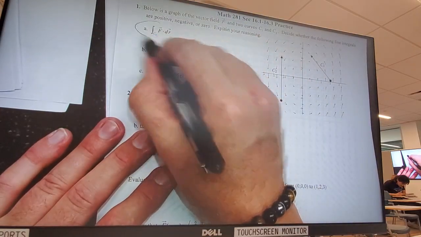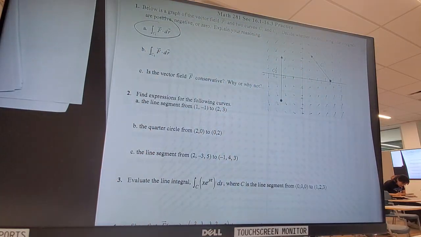Don't say anything. I think we've done enough that you guys know the answer to 1A. But take a look at C1. Do you think it would come out positive, negative, or 0? Why positive? Mostly, the vector field's helping me move, right? Here it doesn't seem to be bothering me at all, but then as I move along, part of the vector field lines up with where I want to go. So it makes that motion easier.